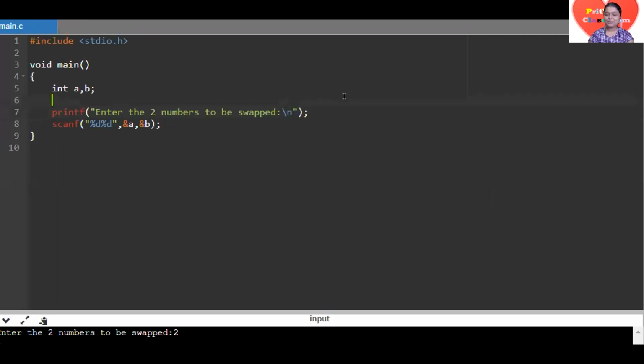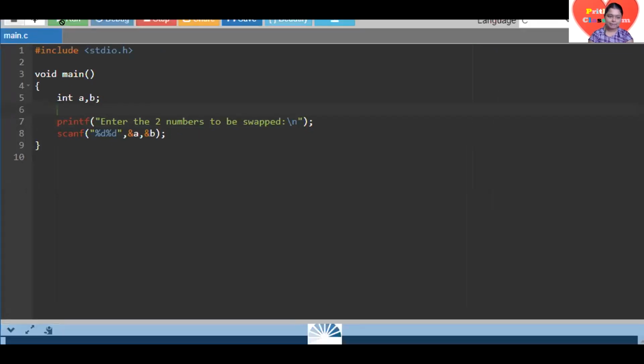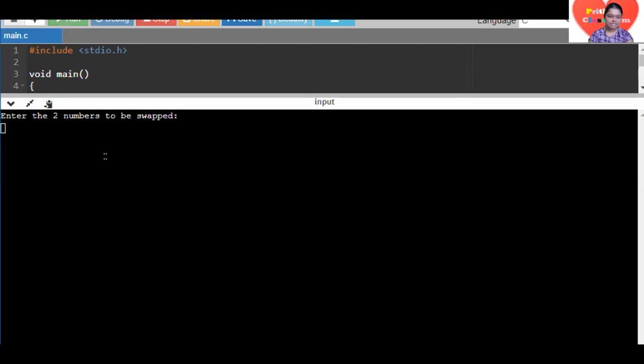Whenever you want your computer to print an enter in the output screen, you put backslash n. Now when we run it, after printing enter the two numbers to be swapped, the pointer has moved down, right? It is all because we have added backslash n. So now I can enter my two numbers. After entering two numbers, the program is over. It just completed running the program.